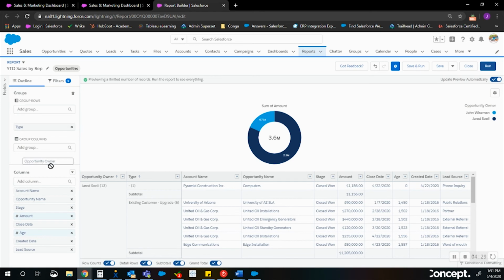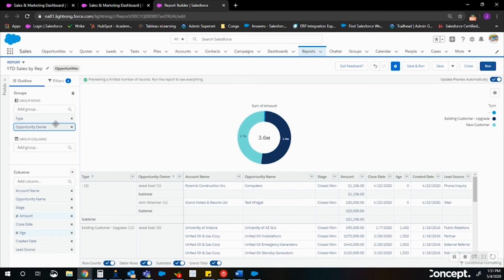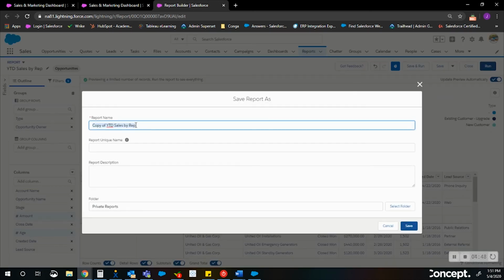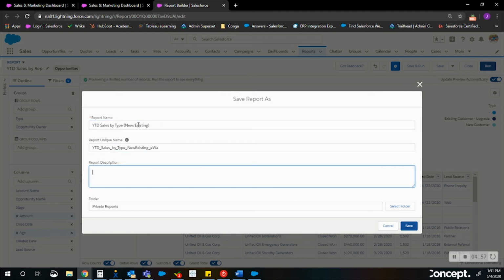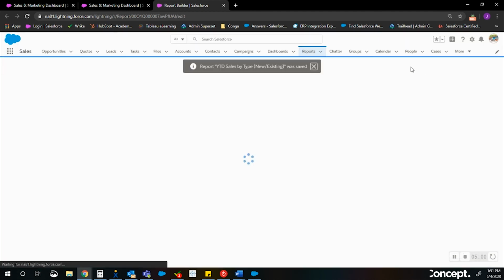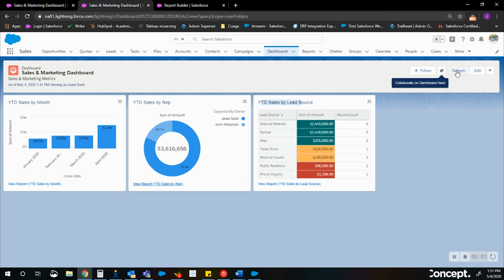I don't need my opportunity ownership, or I could keep it in here if I'd like to be able to see how many opportunities or what sort of opportunities each sales rep is closing, existing versus new. And I think from here I'm good to go. I'm going to click save as and call this year-to-date sales by type. I can do something like this. Give it a little name there. Go ahead and save. Now that I have my report, I'll go back to my dashboard